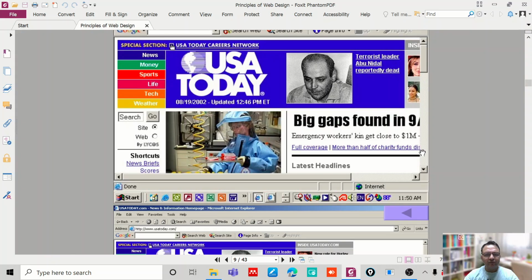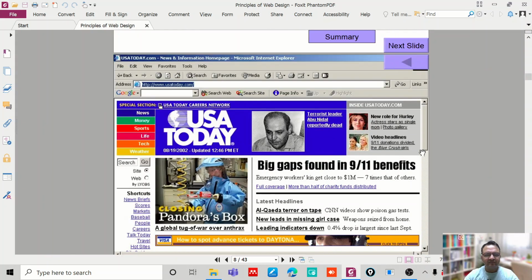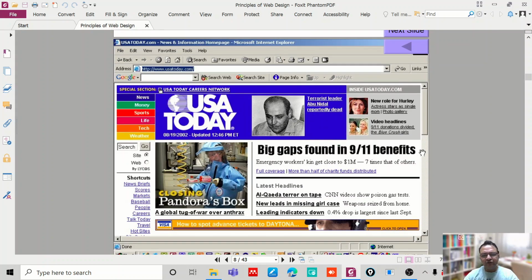So if you look at one thing, you should always remember that every website you design, every website a person designs, has a certain objective. Generally the name of the website is chosen to reflect the purpose or the objective of that website, and once a user looks into the website, that objective has to be clear.